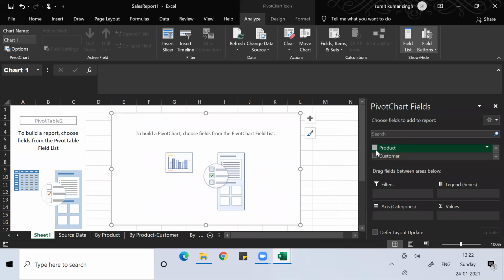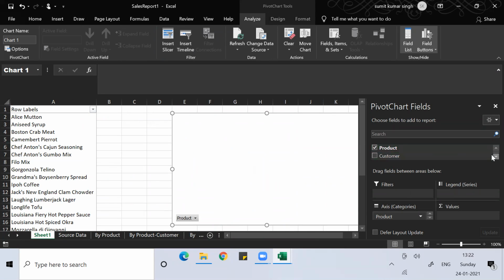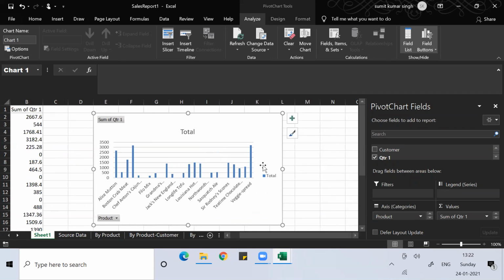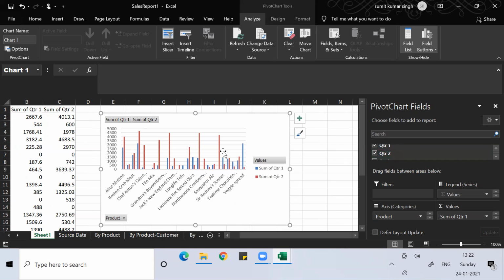Now you say product, and under product, if I select Q1, you can see this graph came, a line graph for each. So that is just a pivot chart. If you want a chart along with the table, that is also possible. Many people simply by looking at numbers will not understand, so if they get a graph, they can understand in a much better way. That also you can do.